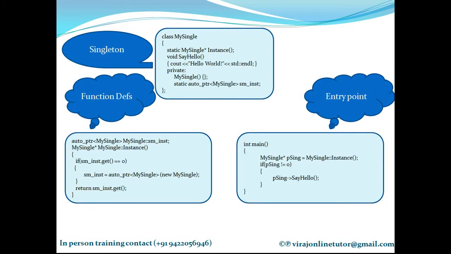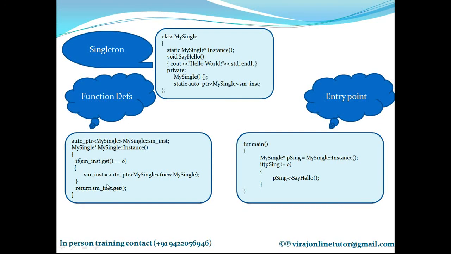Let's consider the third time if someone invokes your instance function. This variable still contains the very first object that you had created. So get will return you non-zero. So again it will return the very first object that you created. If someone invokes the instance function for the fourth time, the fifth time, the 10th time, the 100th time, every time this variable will always have the very first object you created. And this function will always return a reference to the same object that was created for the very first time.